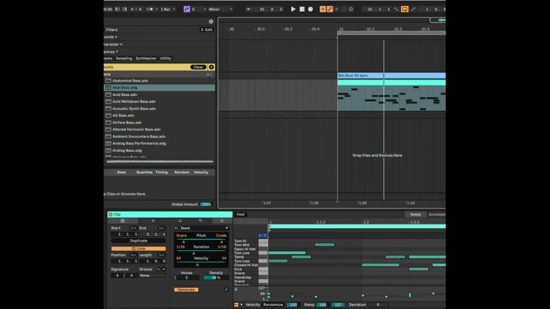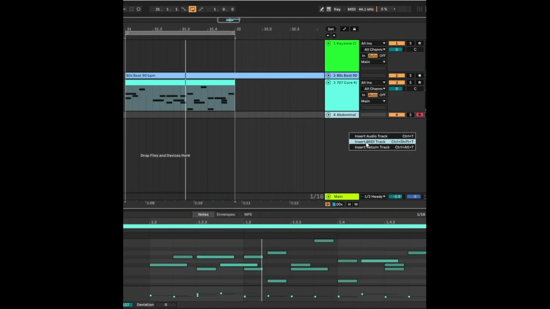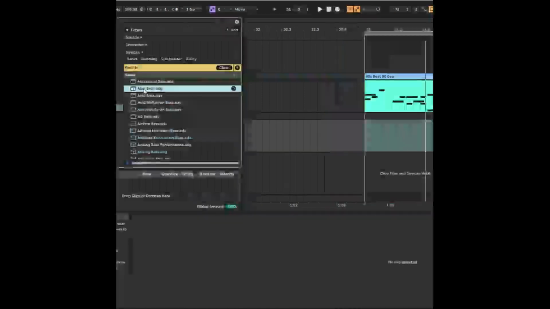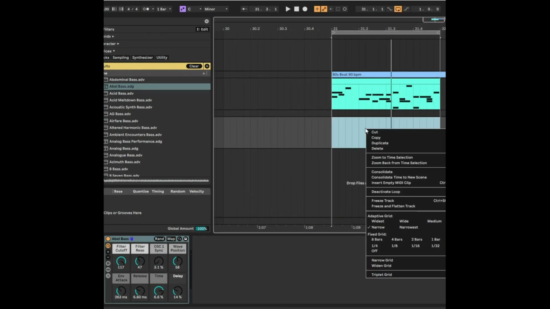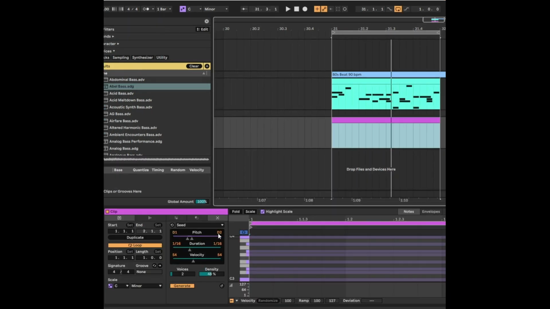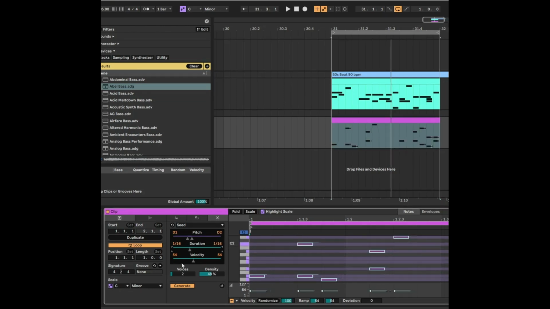Now the other thing we can do is, if we like what we hear here, we can go in and now create a new MIDI track, and we're going to insert just a basic Operator bass here. Let's right click and insert a new MIDI clip like this. And now here in Seed, we've already selected a C minor scale. We can do all sorts of fun things like change the duration, increase the amount of voices. But I think in this case, what we're going to do is have 2 voices. I think a 50% density is fine here, and the velocity is fine, and we're just going to stick to